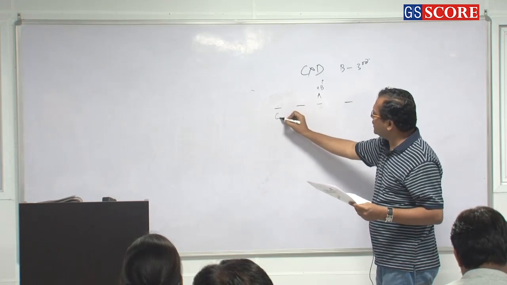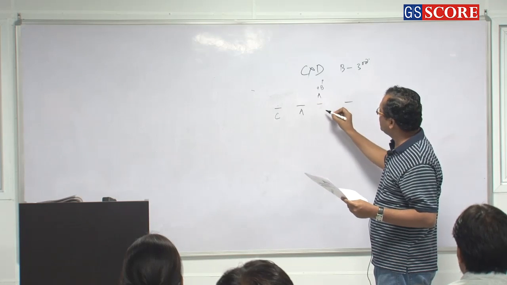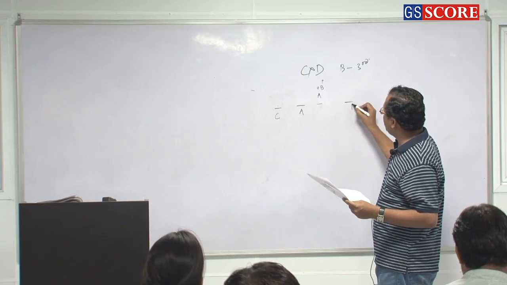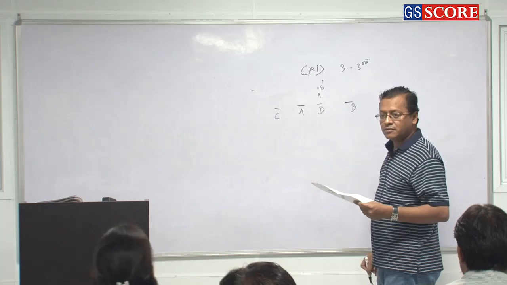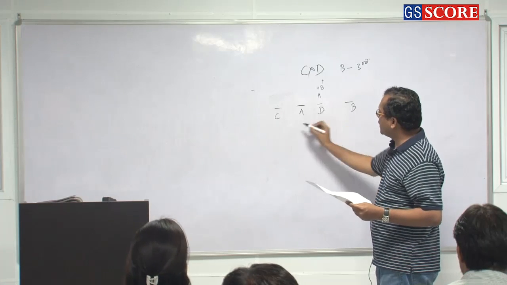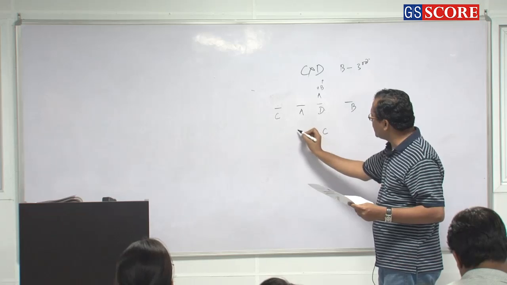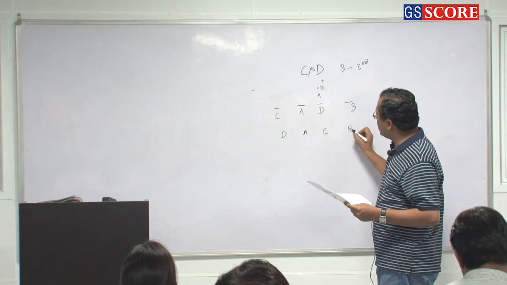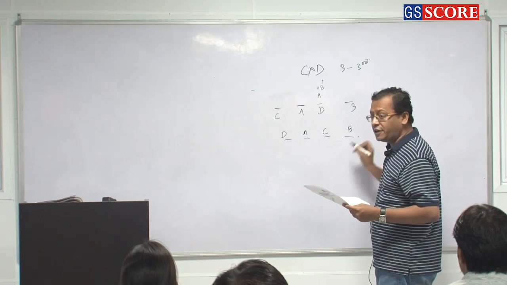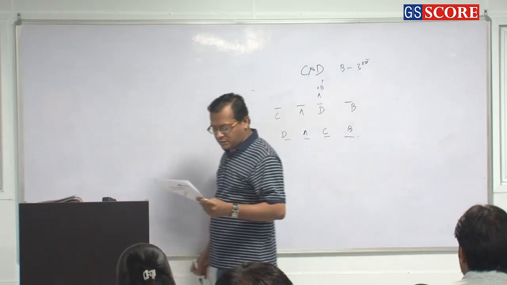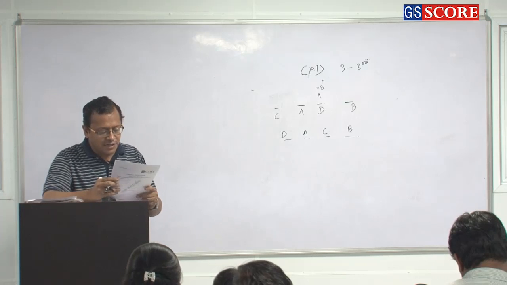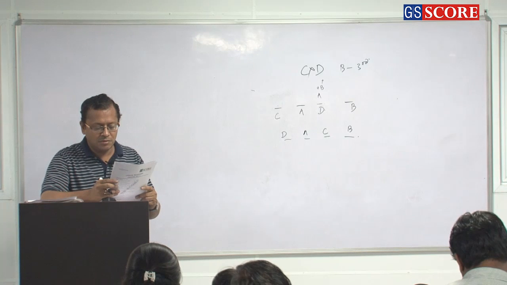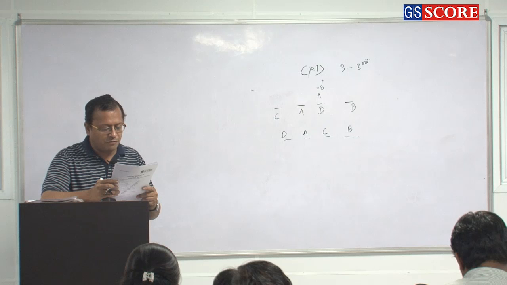So if C is here, A can be here, B can be here, and D can be here. And if C is here, then A can be here, D can be here, B can be here. Any other condition that you are finding? Which means the C option: first and the third place only. Any of the places is not wrong, first place only.